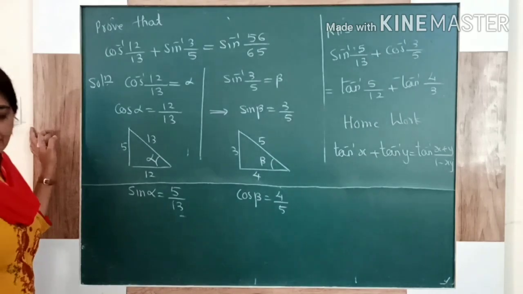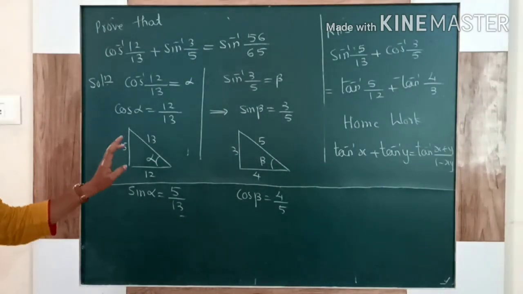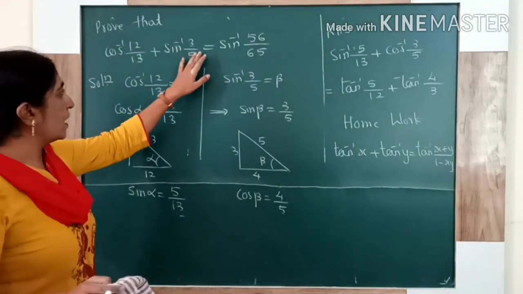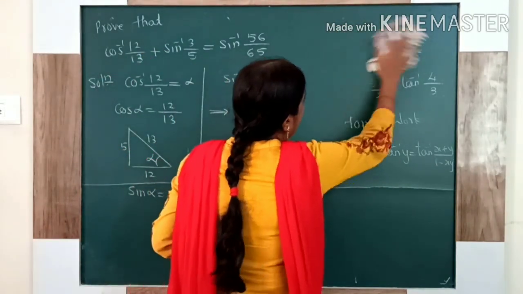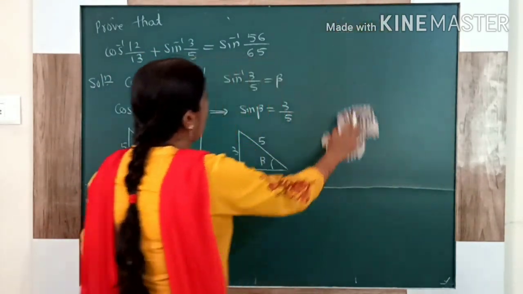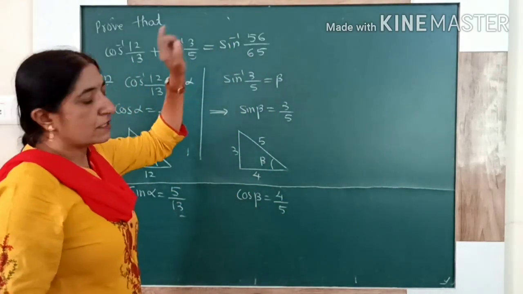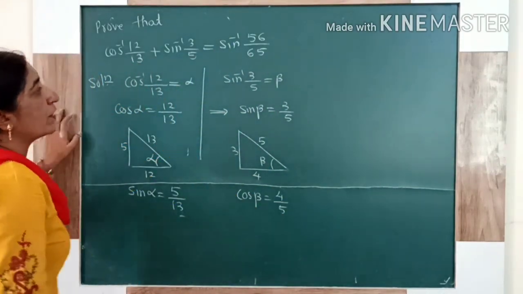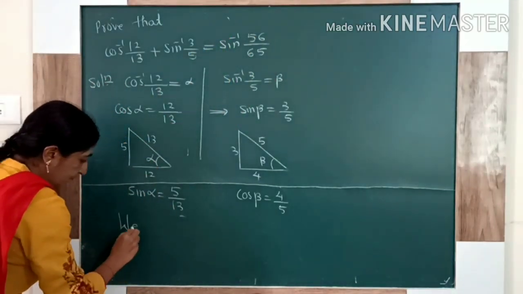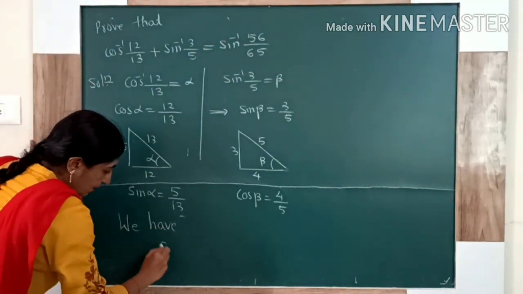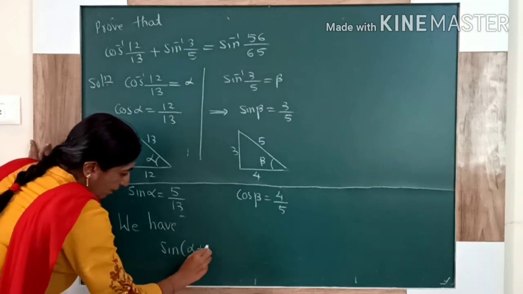See the students, the next step is very important and interesting. Here it is sin and cos, but the middle is a plus. See the sign, that is very important. After observing that sign, see the answer required. The answer required is in sin inverse. So then which formula do we have to apply? Depending on the answer, we have to apply sin of alpha plus beta.